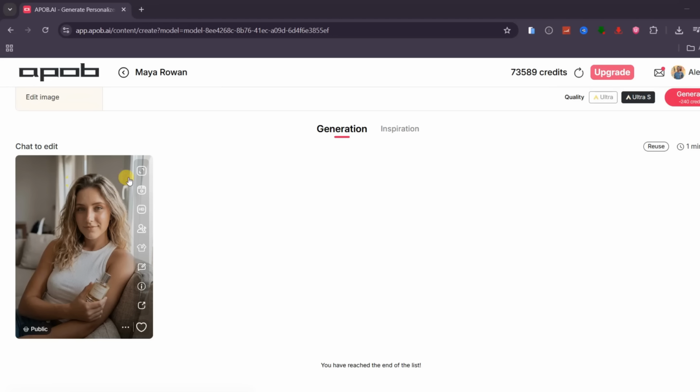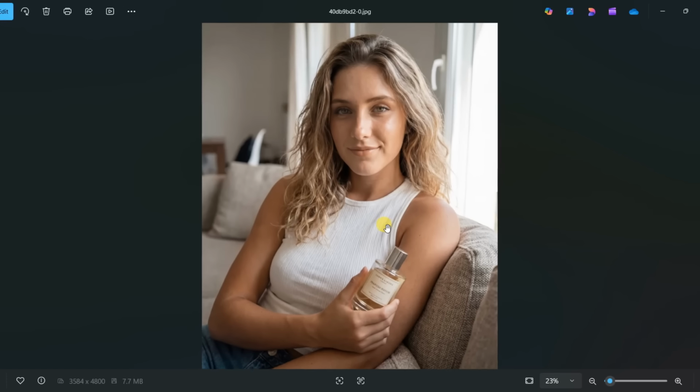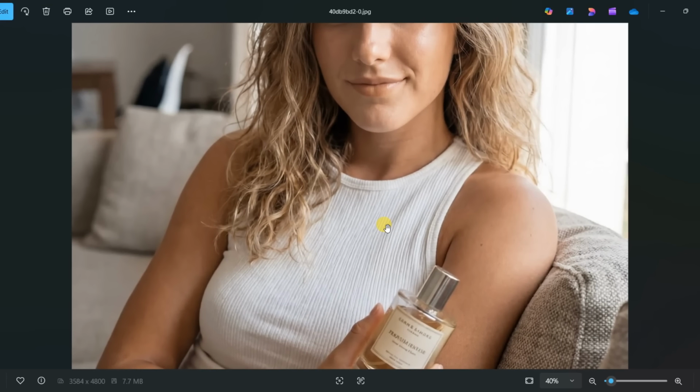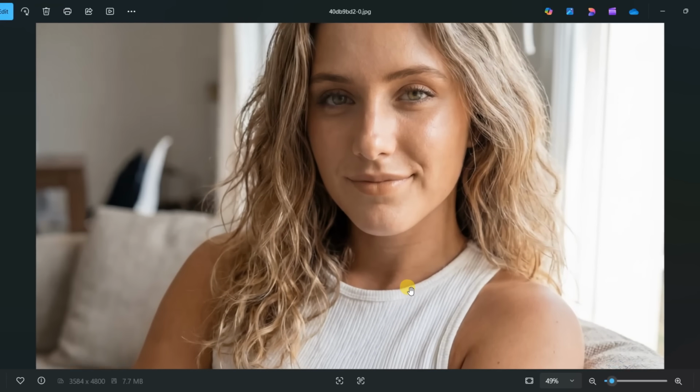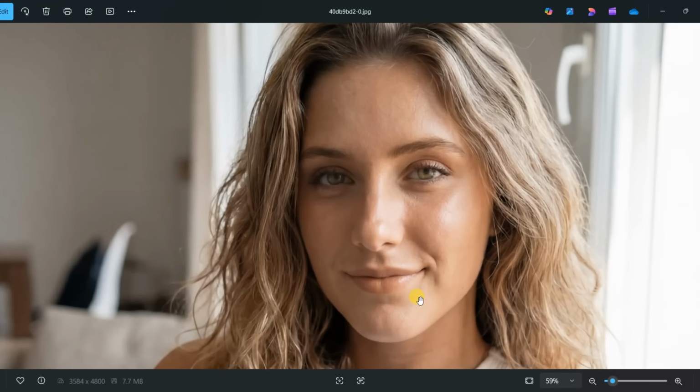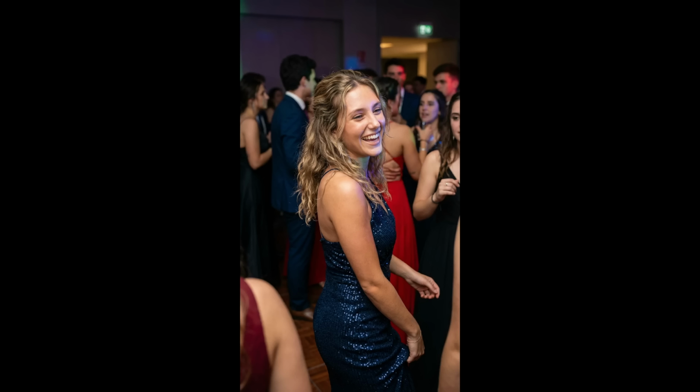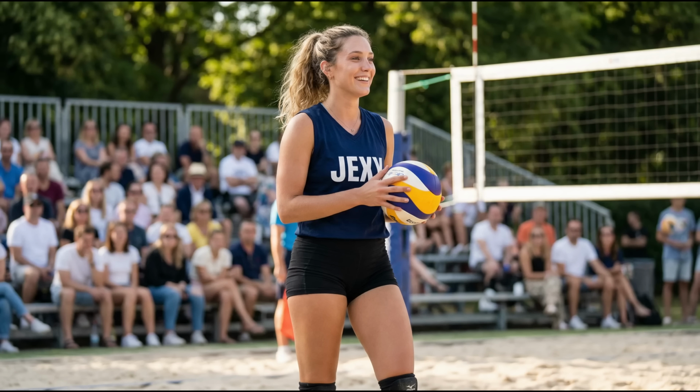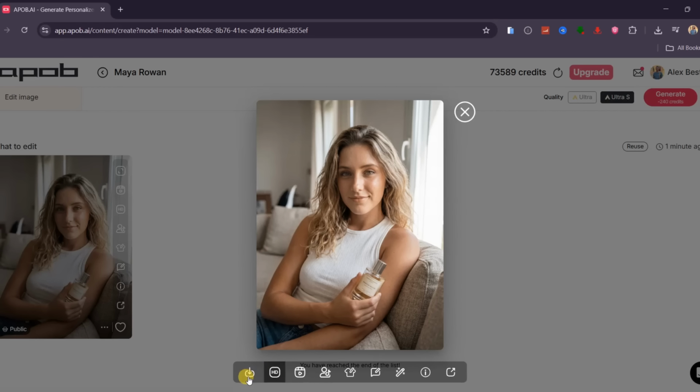The AI blends the changes into the image naturally without breaking proportions or facial structure. There are no awkward hands, no distorted faces, and no visual glitches. The character still looks like the same person, just placed into a new scene. This means you can change outfits, switch locations, or add products with a single click while keeping your influencer perfectly